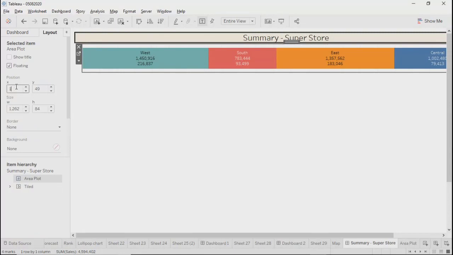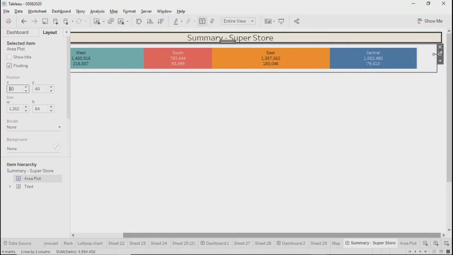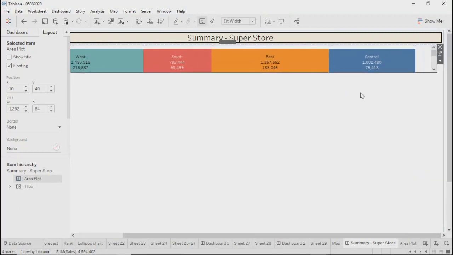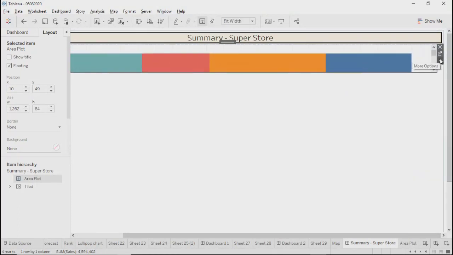We'll start from maybe 10 and do the fit entire size. Over here, let's say width, no, entire size.